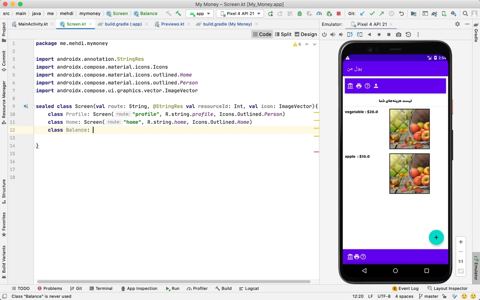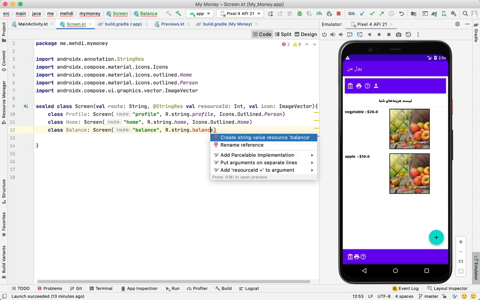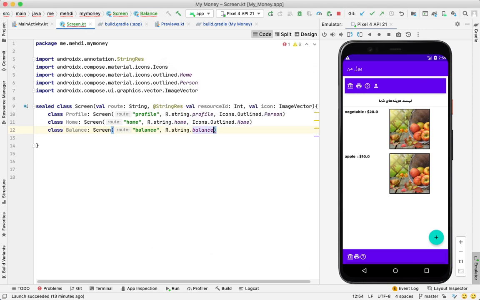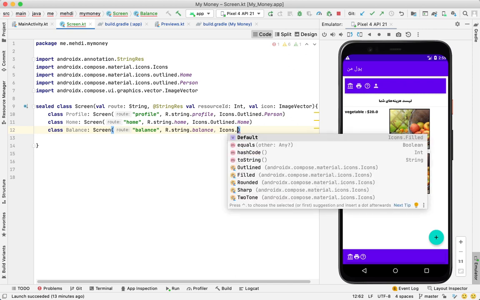So balance, this type is screen. Sorry, it's not home, it's balance, this one. R.string.balance, and we create a string resource named balance, and what's icon should be icons